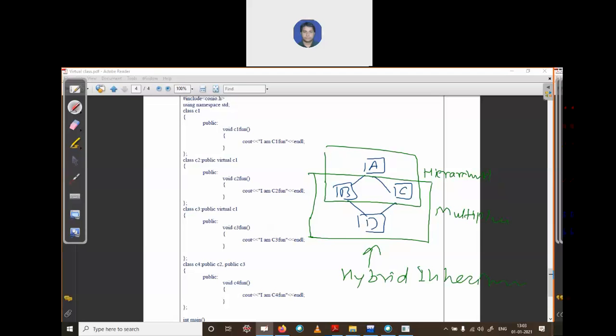So when you implement this kind of relationship between classes, you may see there is a duplication of data. To remove the duplication of data, we use virtual classes. Virtual classes do nothing but bypass your duplication, or do not allow duplication. It will copy data from its base class only one time. Is it clear to all of you?